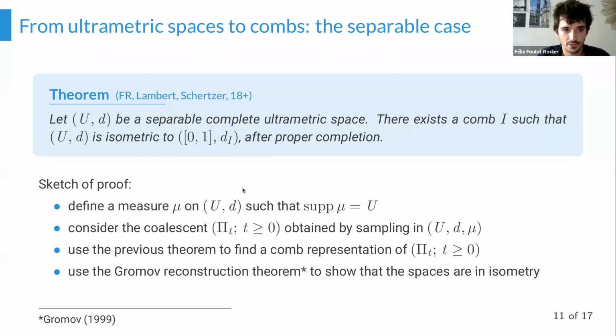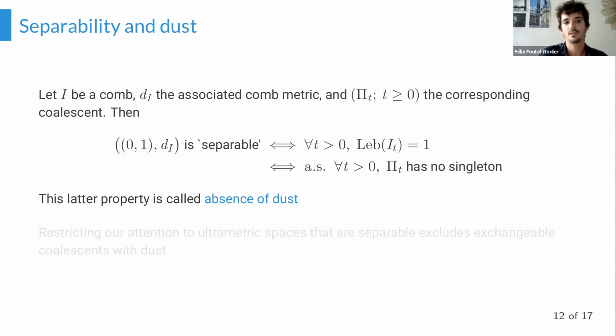Okay, so now I could have stopped there and said that we are able to represent all coalescents and all separable ultrametric spaces, and that those are actually the only interesting spaces. And this would have been fair because in most of the studies on random metric spaces, you need to assume those two assumptions. But actually, if you look at which combs are separable,